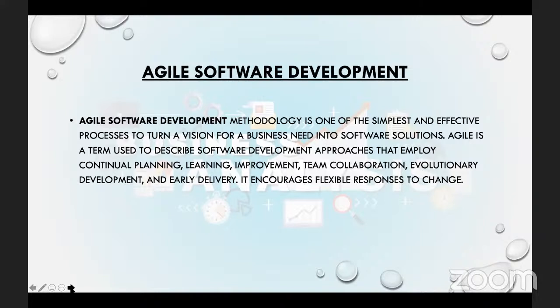Agile says that, no, let us not waste 6 months, 7 months in just gathering requirements alone, trying to know from the stakeholder what he or she intends, what their desires are, what they want to build. No, let's get along with the stakeholder. Let's start talking. Let's begin to do something. And as we move along, we'll be planning along. And as we move along, there's going to be improvement.